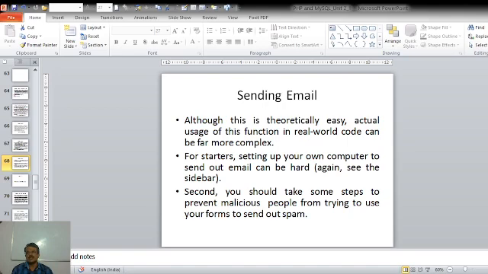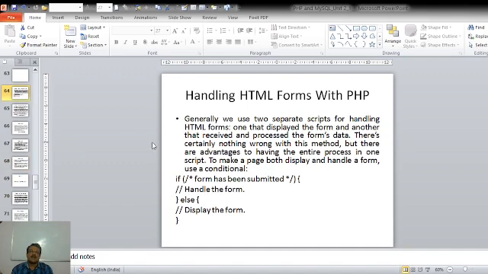So in this lecture we have seen how HTML forms and PHP interact with each other, handling HTML forms with PHP. Instead of using two separate scripts for displaying and processing form data, we can incorporate both in a single script.